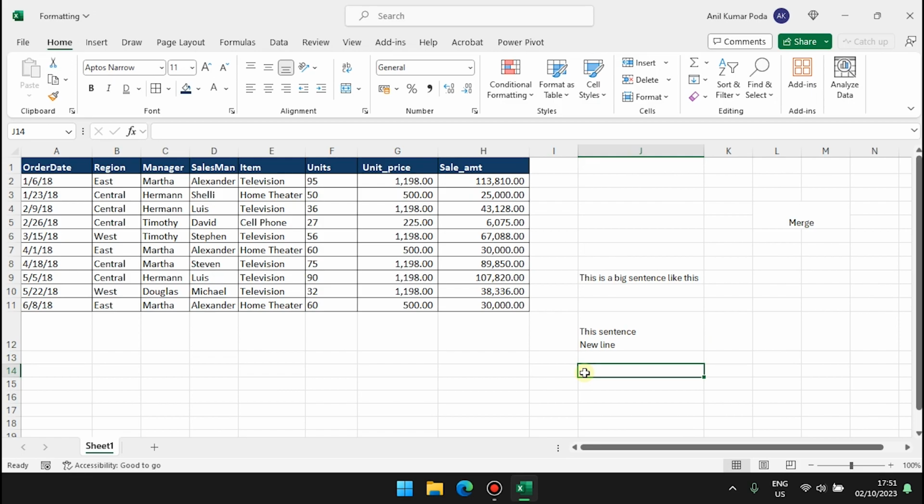So these are the formatting options available in Microsoft Excel: font, font size, bold, italic, underline, borders, fill color, font color, vertical alignment, horizontal alignment, orientation, indent, wrapping text, merge and center. We have other formatting options like conditional formatting, which I'm going to explain in future Excel tutorials. So that's a short video on different formatting options available in Microsoft Excel.